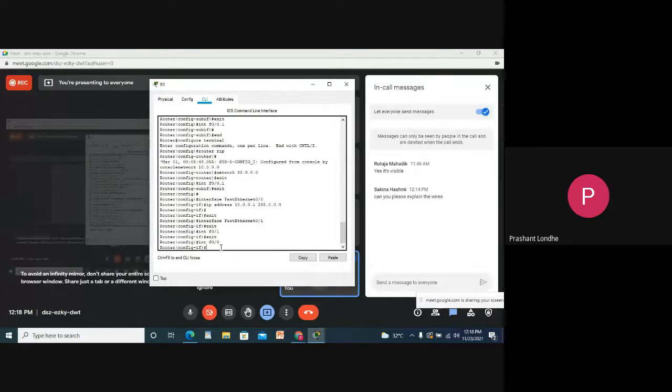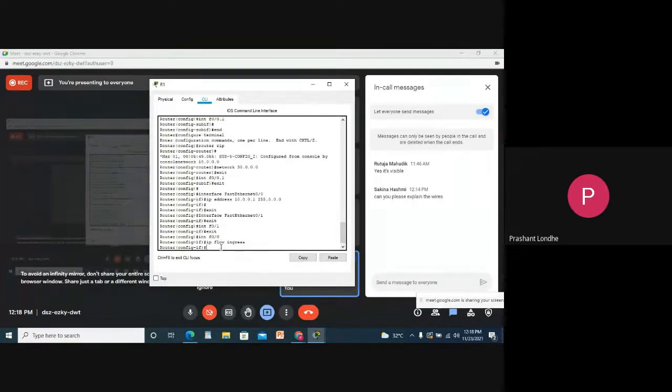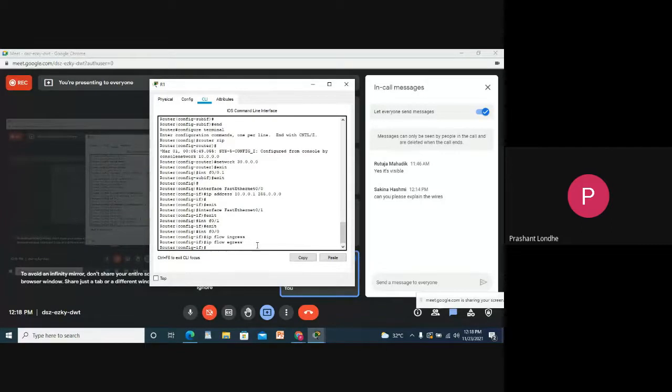I need to set that kind of port: ip flow ingress, ip flow egress, and ip flow export.